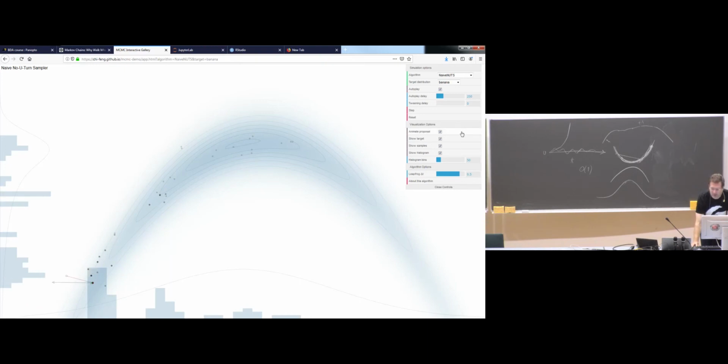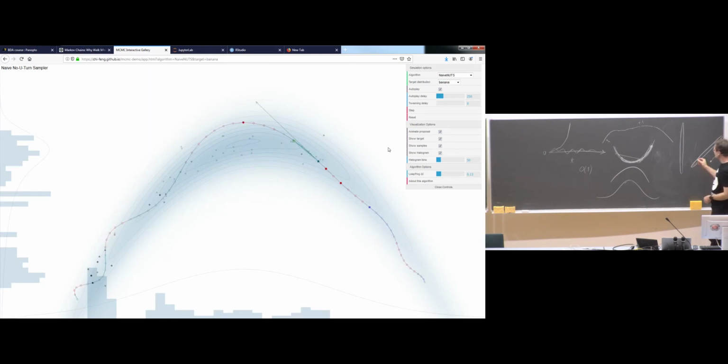So here you can see the need to adjust the step size. Also, we may sometimes have a posterior distribution that is very narrow like this, or very narrow like this.